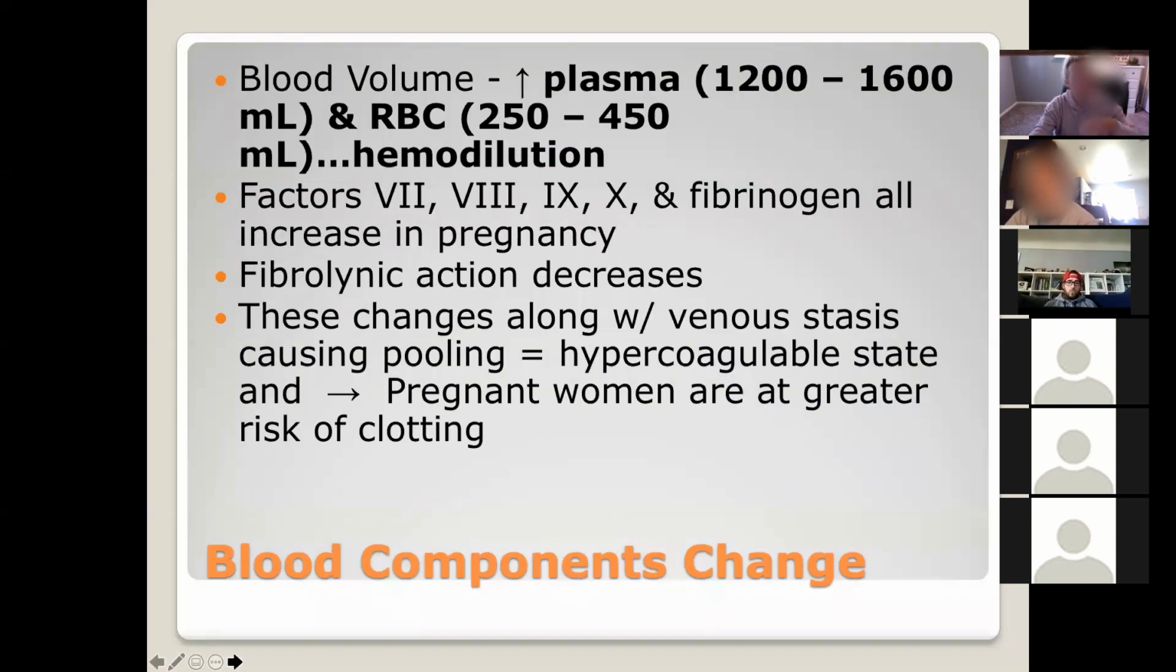All right, blood changes. So again, like I said, that blood volume increases quite a bit. We have some hemodilution. So the red blood cells do not increase. They do increase, but not at the same rate as the actual plasma volume. We call that kind of hemodilution. So it's not that there's not enough red blood cells, it's just that it's more diluted. It's like,